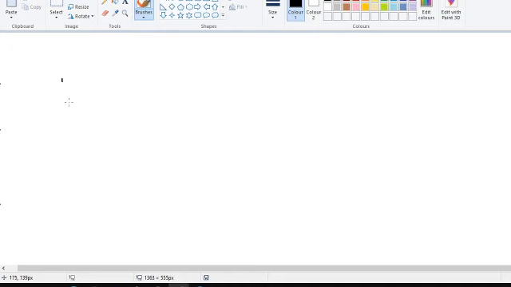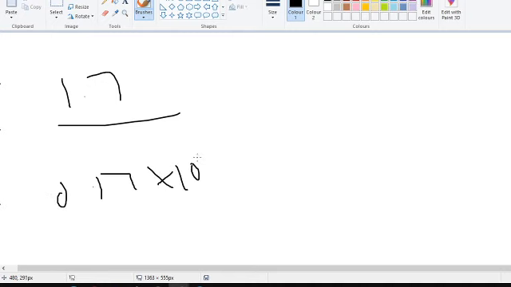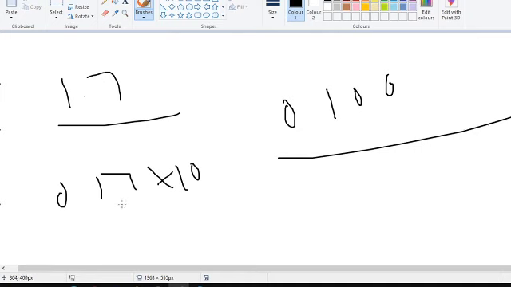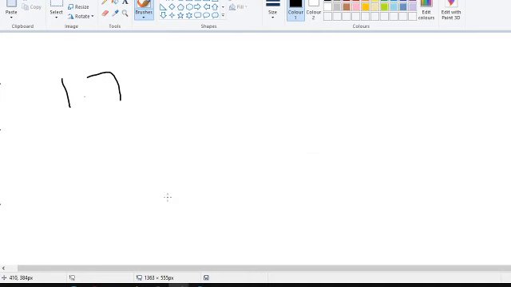So basically, any decimal number can be written in the form of a number multiplied by 10. So this 1.7 can be written as 0.17 times 10, done. This technique can also be used to represent binary numbers. This could be considered with stuff such as, for example, the number